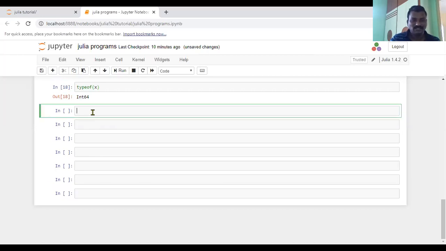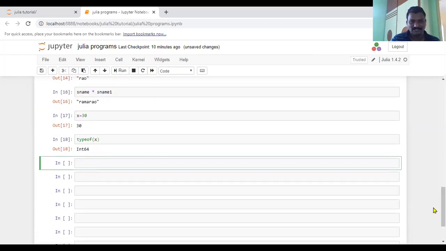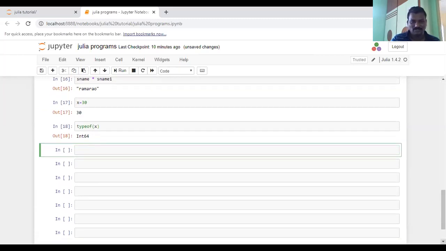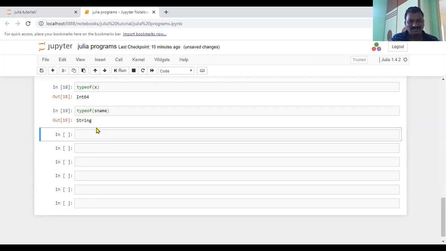For example, you have string variables, S number, S name, S name one. I want to execute that here: the typeof S name. If you run this command, it automatically gives String.